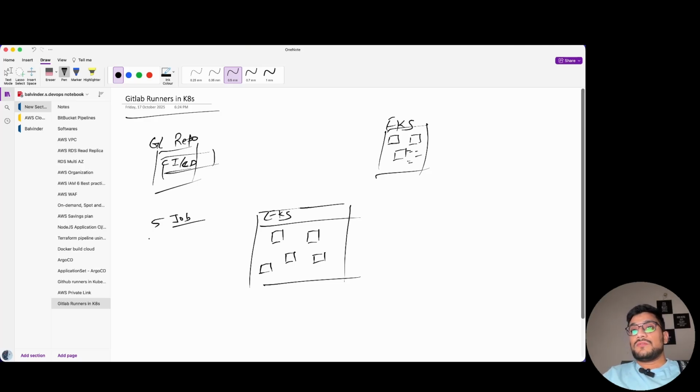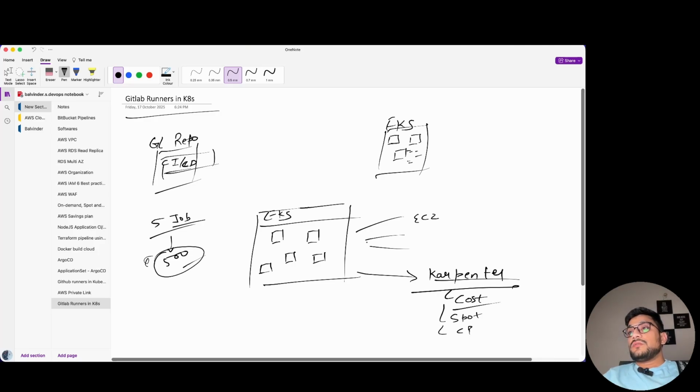But let's suppose our number of jobs increases from 5 to 500, right? Then how will these jobs be placed on that EKS cluster? That means we would need plenty of EC2 machines or EKS nodes behind that Kubernetes cluster, so that our 500 jobs would be able to scale up, right? So we will see in this video how we can scale up that Kubernetes cluster. For this use case, I'll be using Karpenter here,